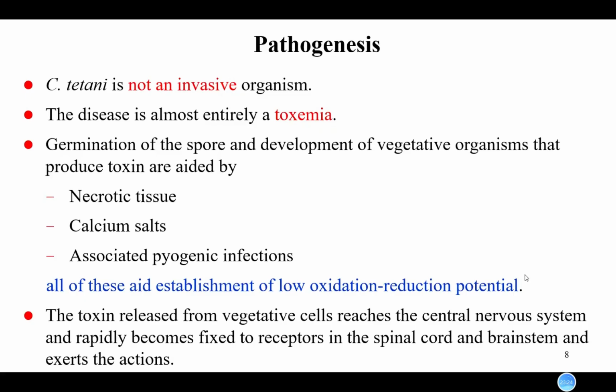And because this is an anaerobic bacteria, the germination of the spore requires a special condition, that is, a condition with a low level of oxygen. Here are some factors which can aid the germination and toxin production, like necrotic tissue, where a lot of cells die through necrosis, and also the presence of calcium salts,